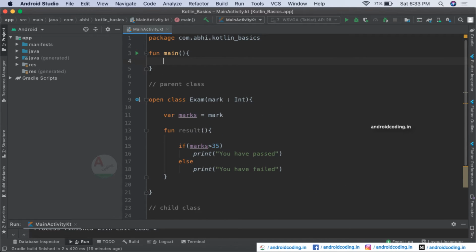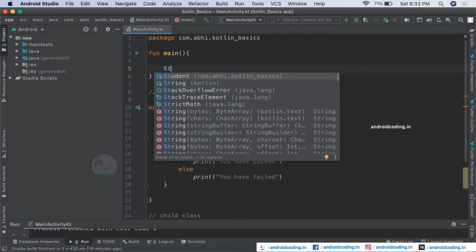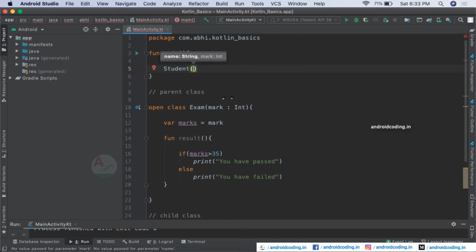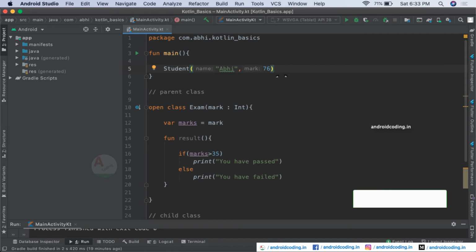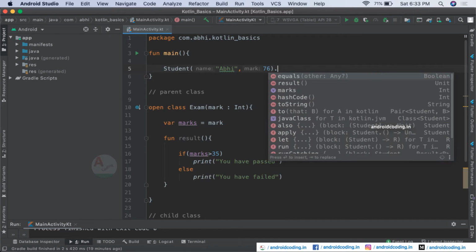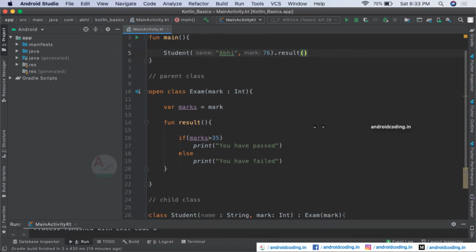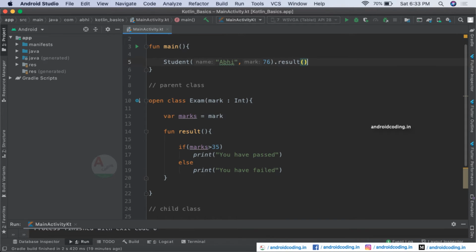So from the main method we try to access our child class, that is student, and here you can consider these two parameters. It is showing us name and mark to be passed here. So I will be passing a name, and after which I will be passing marks of 76. You can pass any mark. Here, and also I am trying to print the result here. And now let us try to run this particular method and see what is the output, and then we will be discussing the concept, how the inheritance is performed in this particular example here.